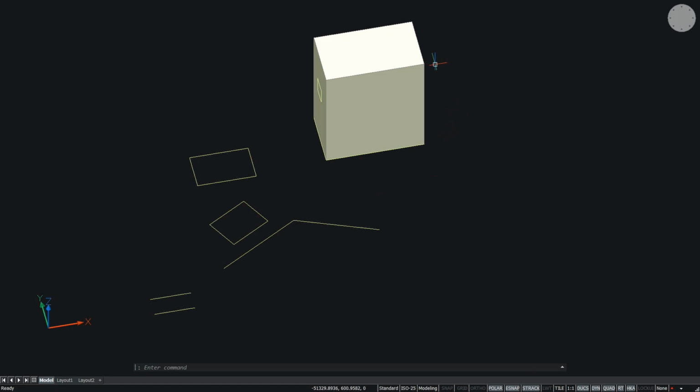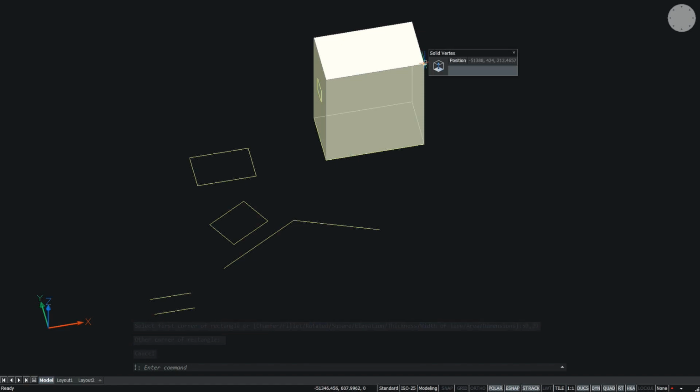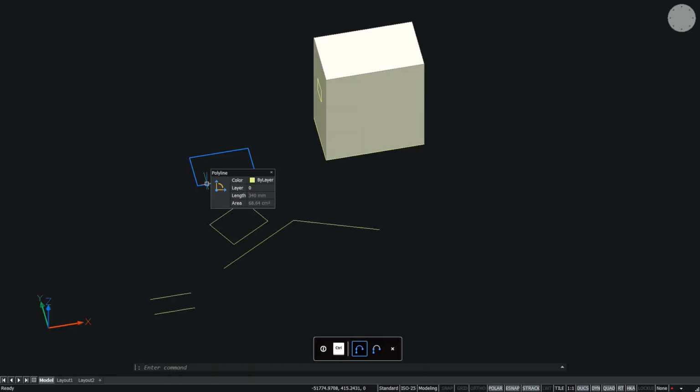For instance, if you want to know what is the location of this vertex, well, as you see, I just highlight it, and the moment I highlight it, I get the position of this vertex. There's no need to start a command like ID or whatever. And in fact, the best commands are those that you don't have to pick on some menu or a ribbon, they are always there at your fingertips. What are the 4 most frequently used editing commands in CAD? Well, they are,